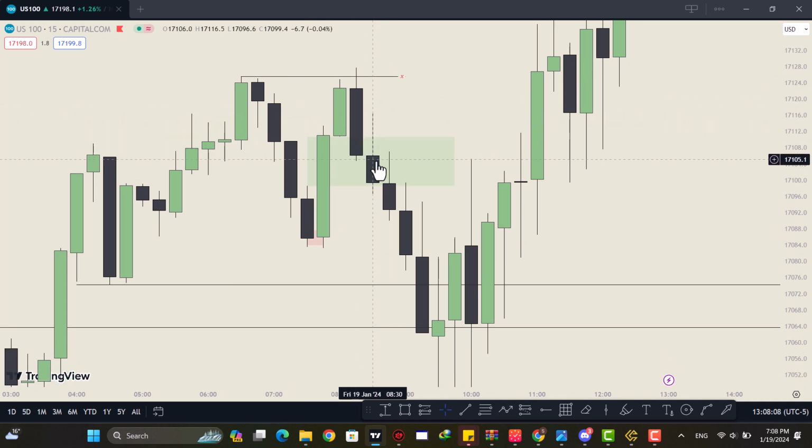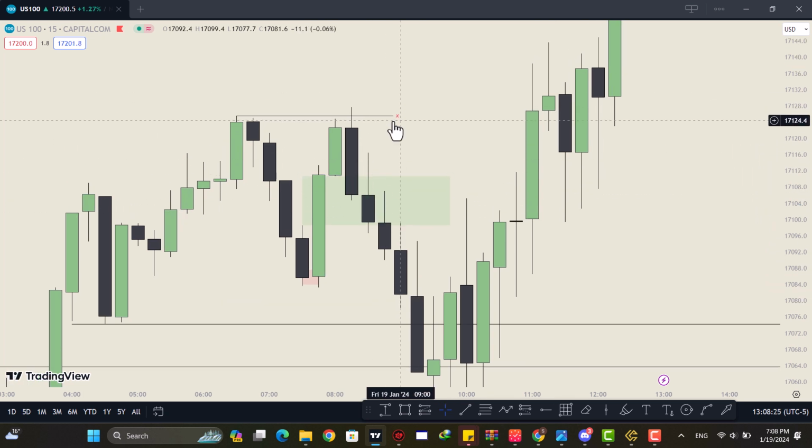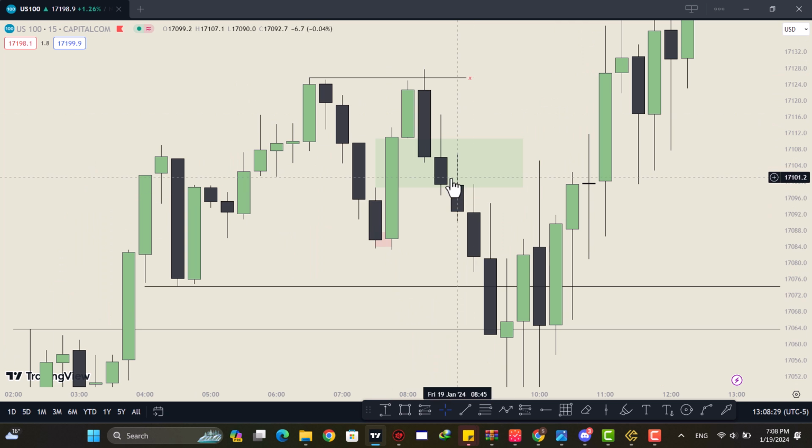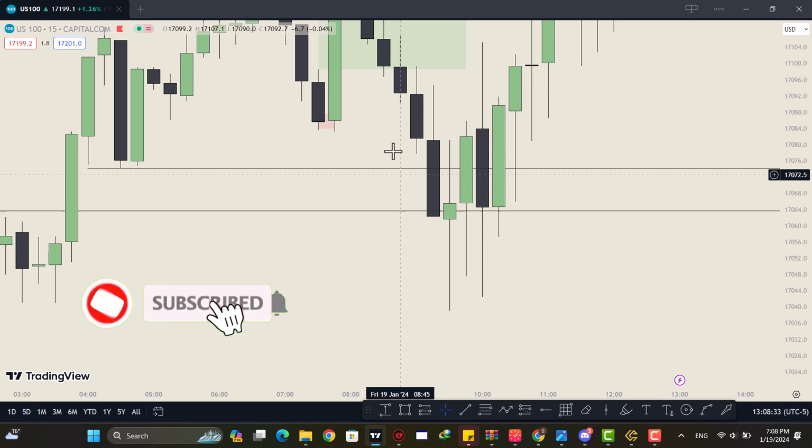As you can see, the candles are closing below this fair value gap, and it is using it as resistance. So this is one indication that price wants to pull back and doesn't want to push higher again. But the first indication that price wants to go down into that fair value gap,